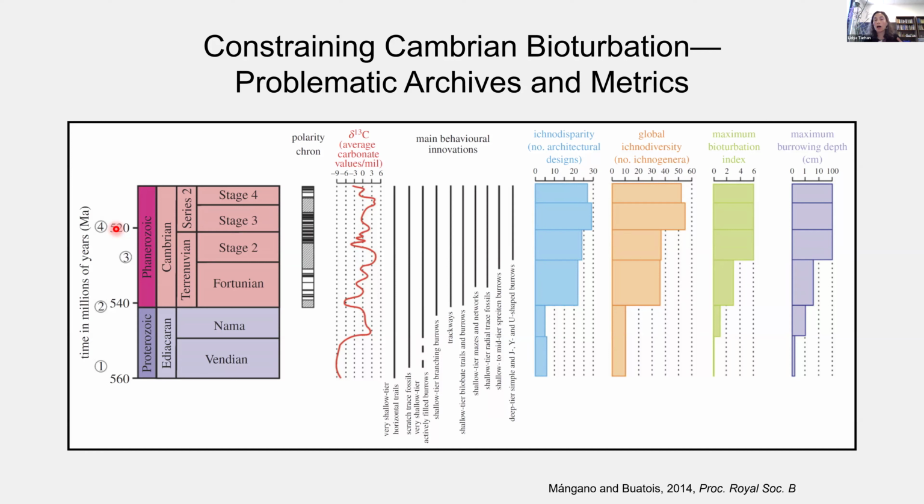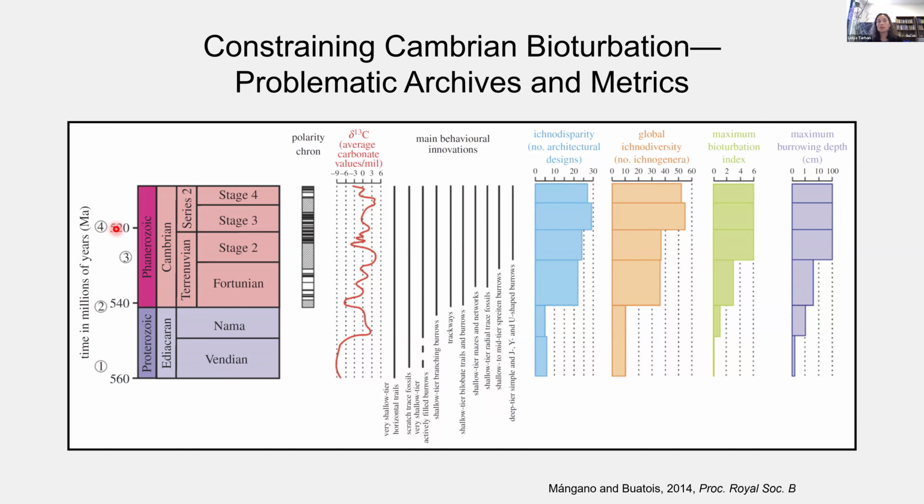And in particular, trace fossil specimens archived to museum collections are commonly skewed towards some of the largest and the best preserved examples, and they're commonly reposited without much sedimentological context. Moreover, a number of the studies that have argued for an early escalation in intensities of sediment mixing, with saturation at modern-like values of bioturbation intensities and depths, even as early as stage 2 of the Cambrian, so a mere 10 million years after the Precambrian Phanerozoic transition, have tended to rely heavily upon maximum metrics of bioturbation, like maximum depths of burrowing and maximum intensities of sediment disruption.